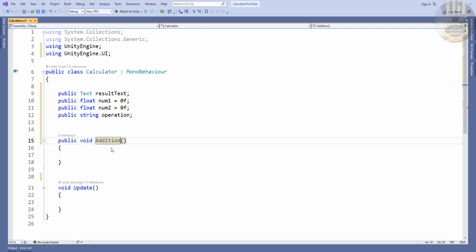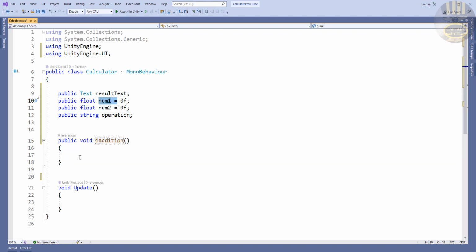Okay, that's my very first one. I'm going to put an I in front of it. Okay, that's for my addition, and with this addition I'm going to, let's say, first number here,